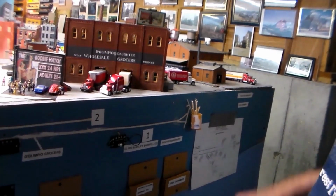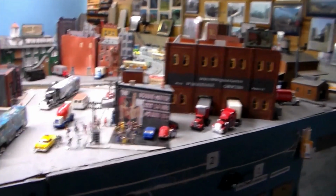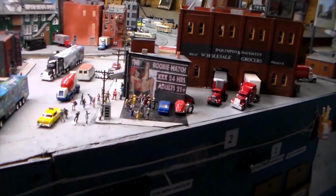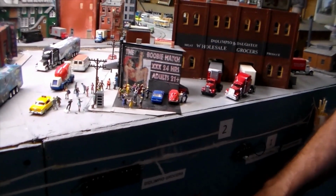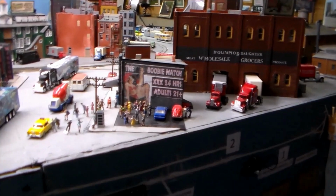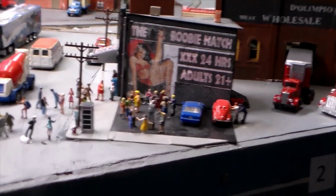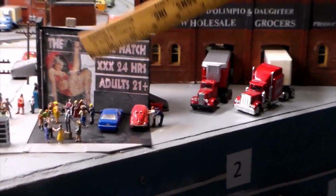What else here? Oh, we're now approaching LaGrange Street, which is an actual street that runs between Park Street and Washington Street in Boston. It was a very not so nice place back in the day. There was actually a place just like this on LaGrange Street back in the day, so some of this is historically accurate. You'll notice the little bar room over here, and if you zoom in on these people,